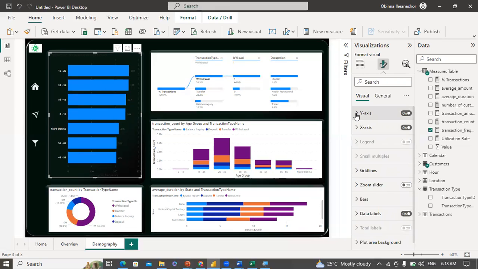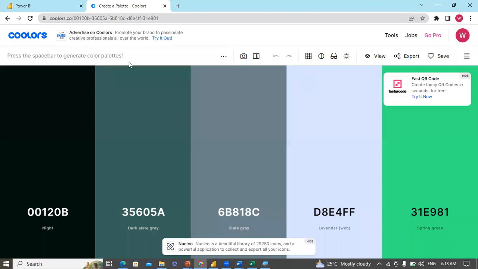Okay, let's edit our theme. We'll come to this in a bit. So view, I already have a palette I'm working with, right? And I'll put the link to this palette in the description of the video. So if you want to use this, you could do this, or you could create your own palette. Just come to this website, coolors.com. You can create your own palette here. So I'll copy this color,